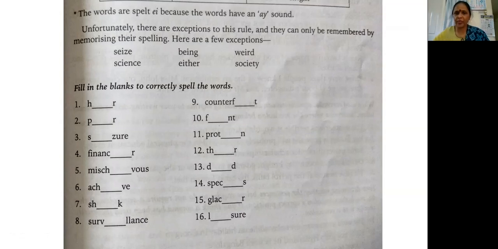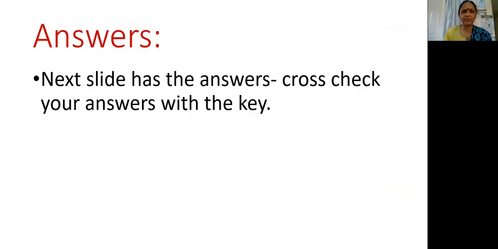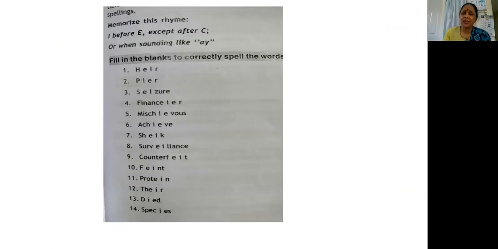Okay, time up. Now check, keep your answers with you. And in the next slide, there is the key that is posted. Check your answers. Here it is. Now, you have to memorize the rhyme: I before E, never with C, or when sounding like A. Hair, fire, seizure, EI, financier, IE, mischievous, achieve, shake,